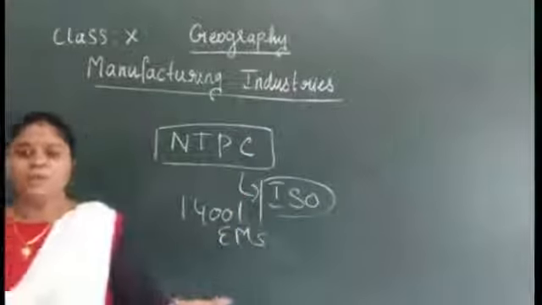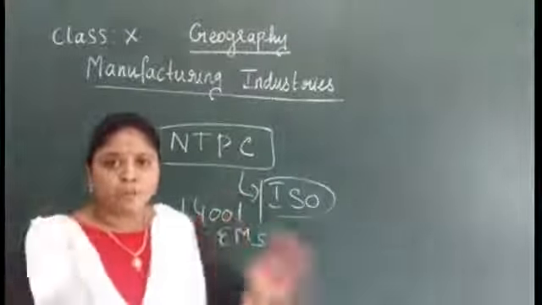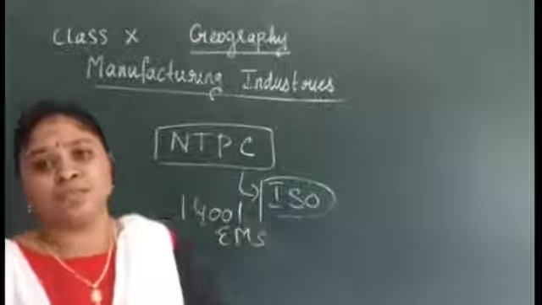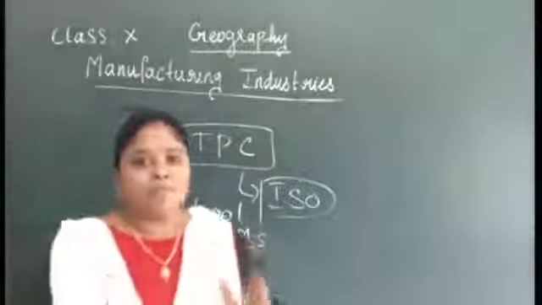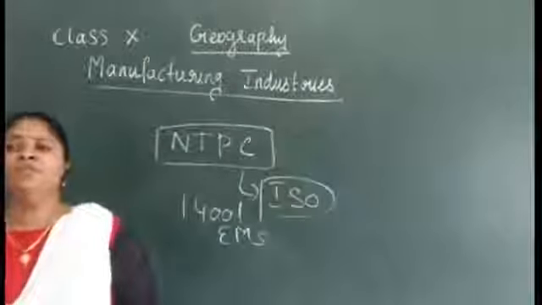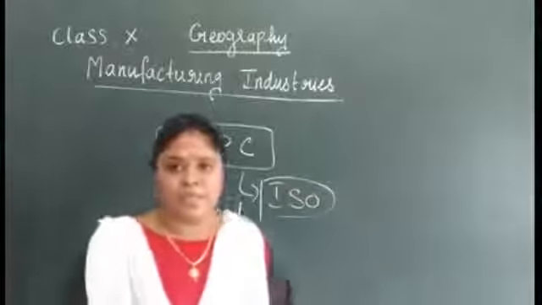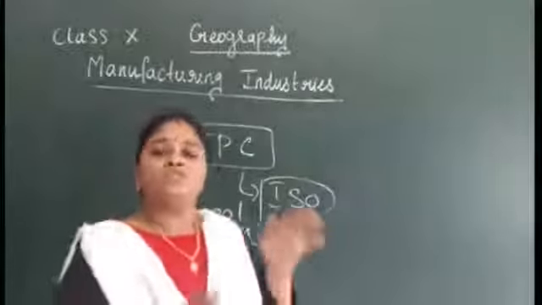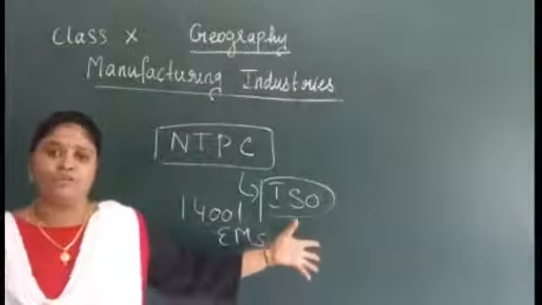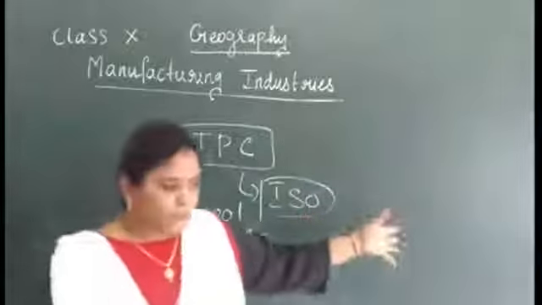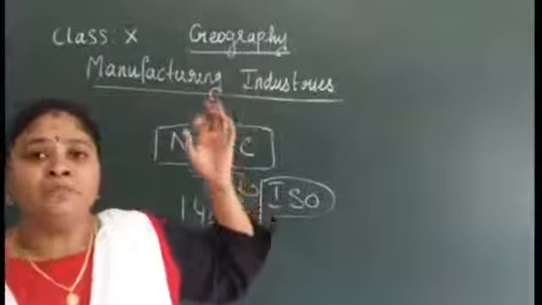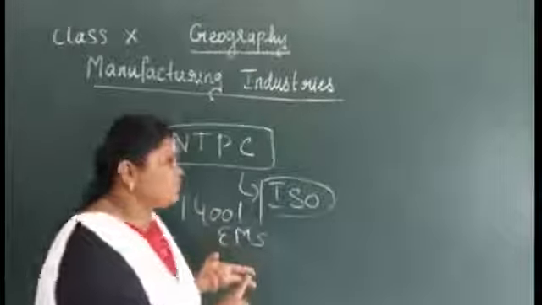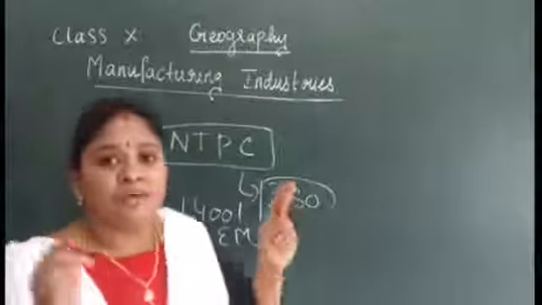What is this optimum utilization? Optimum utilization of resources means utilizing the resources in a very limited manner, so that those resources can be saved for the future generation. They are going to utilize the resources in a very limited manner. That is the first thing. And next, they are going to minimize the waste.